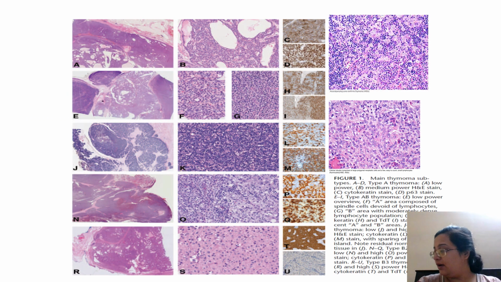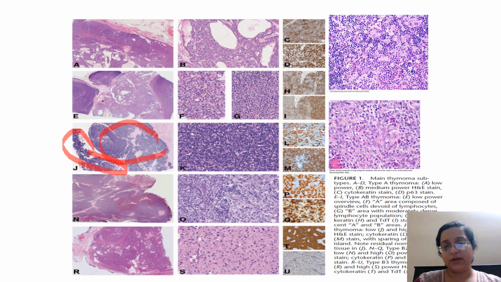So this is thymoma. Thymoma type AB will have both epithelial cystic spaces and epithelial as well as lymphoid components. Sorry, this is type A, more of an epithelial component, something like this. Then type AB will be a mixture of both epithelial and lymphoid. B1, B2, B3: this is normal thymus, this is the tumor over here. And as you go from B1 to B3, the lymphoid component decreases and the epithelial component increases.